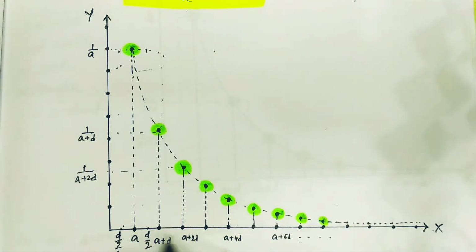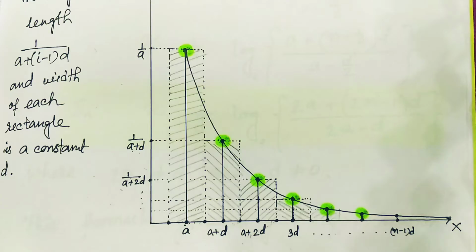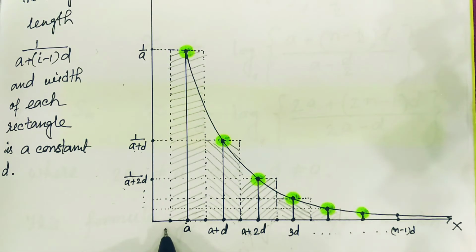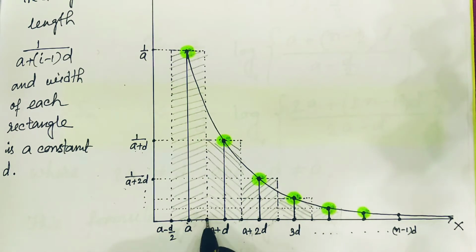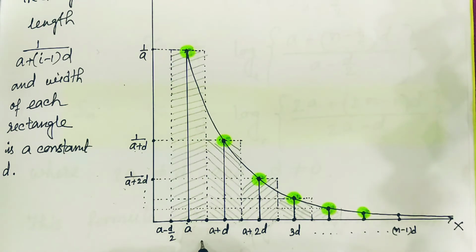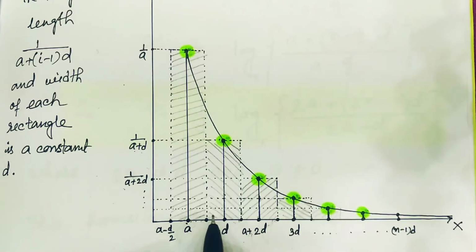Likewise, we can shift all the rectangles in this way. Then if we do so, the error becomes minimized. If we do that, we will get a picture like this one. Just have a look. This point is a minus d by 2, and this point is a plus d by 2. In this way, this one is the first rectangle and this one is the second